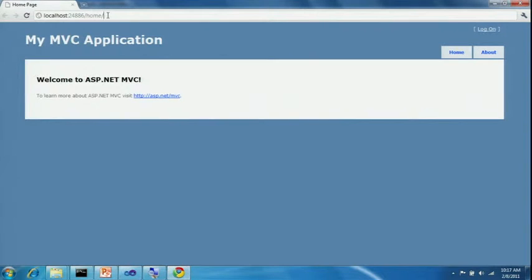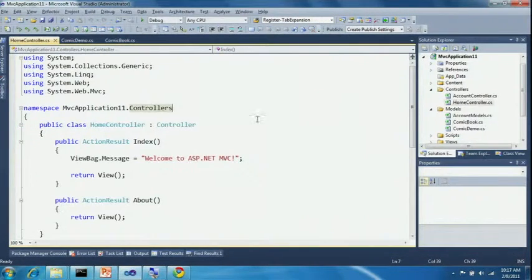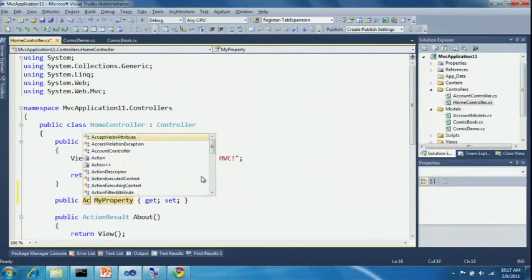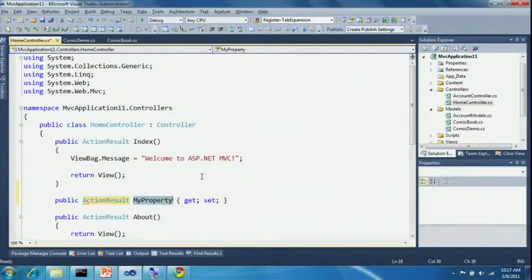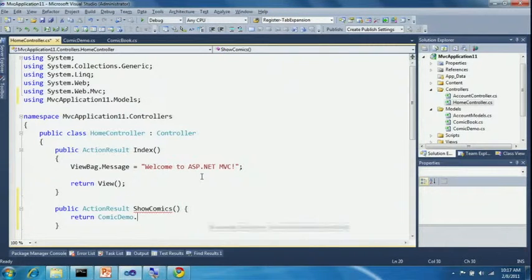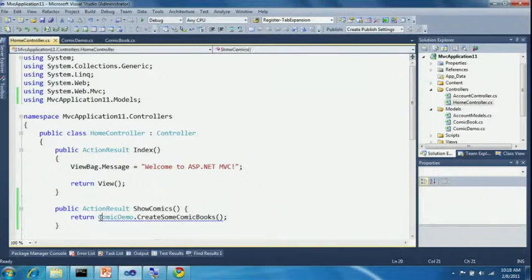So home slash, what did I call it? So in home controller, I can, let's tab that over. Show comics. Let's make this an action method. And what I'm going to do is return comic demo. Create some comic books. So this return view of this. What this method does is it